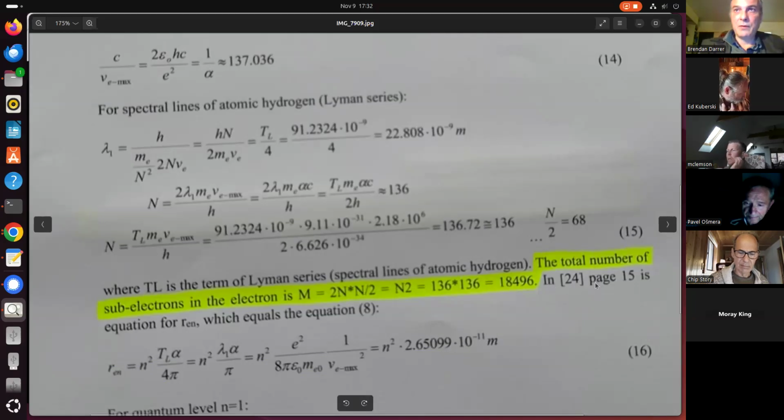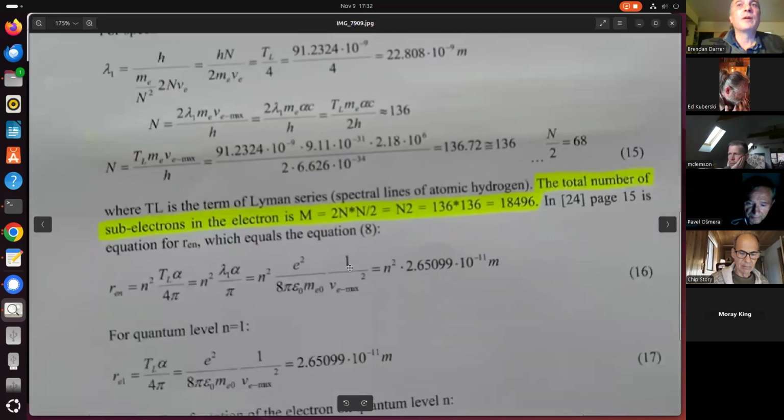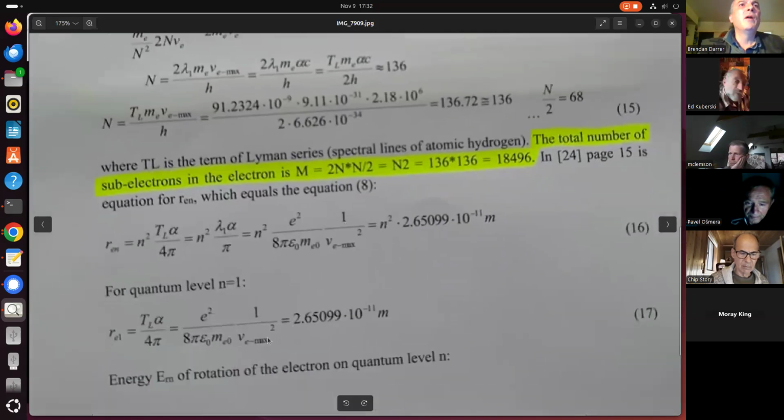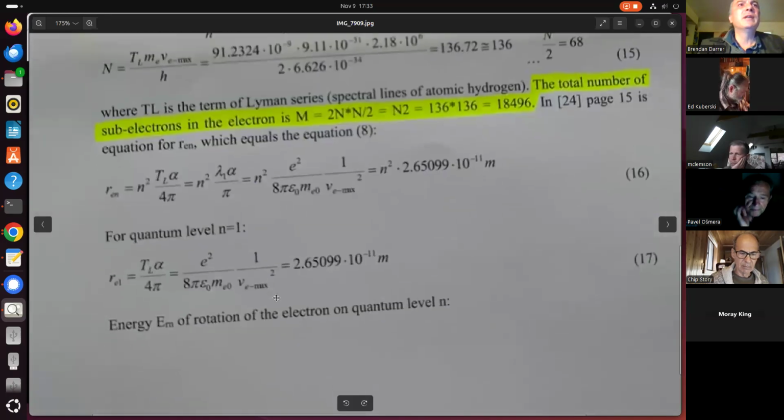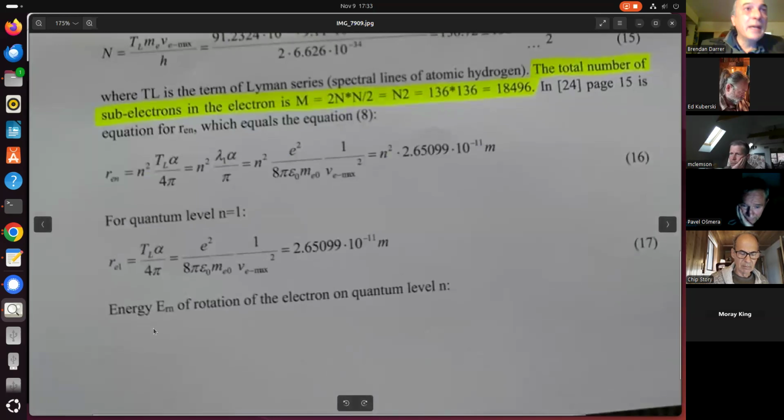In reference 24, page 15, is the equation for REN, which equals the equation 8. So there's equation 16. For quantum level n equals 1, we have equation 17. Energy E, is that M? Is that Rn or M? No, equation